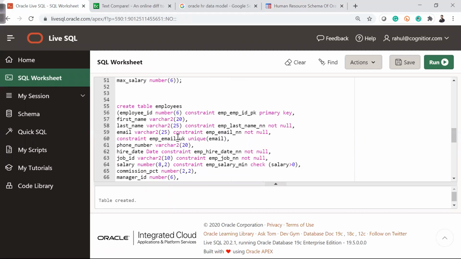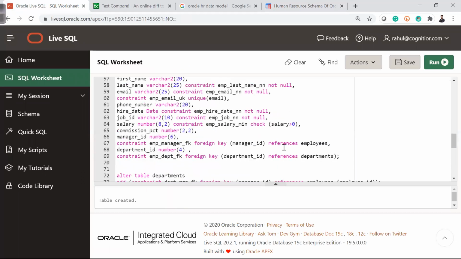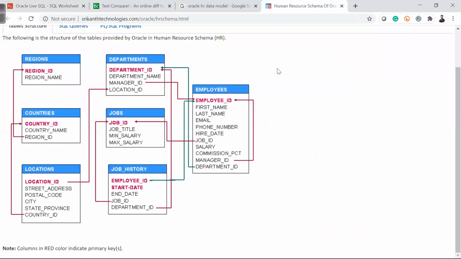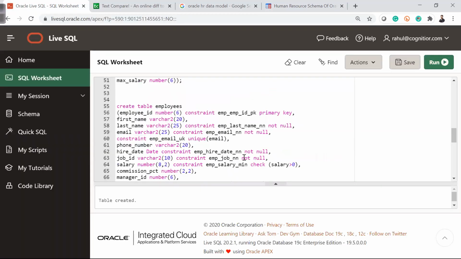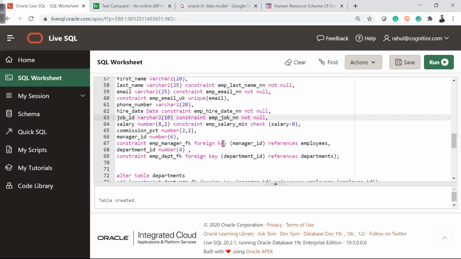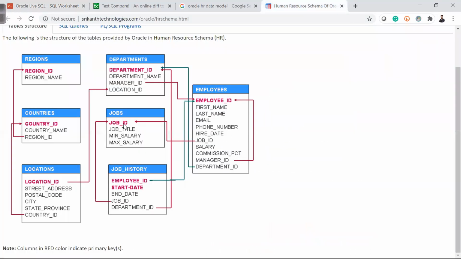Then we have the employee table where employee ID is the primary key. We have foreign keys coming from manager ID, department ID, and what else? So I think there are two foreign keys. This is from its own column, employee table only. So department ID is the only foreign key. Let's check that here. So in the employee table, job ID is coming as a foreign key. I think we did not create that. We did not create it, but in this model, I think they have created job ID also.